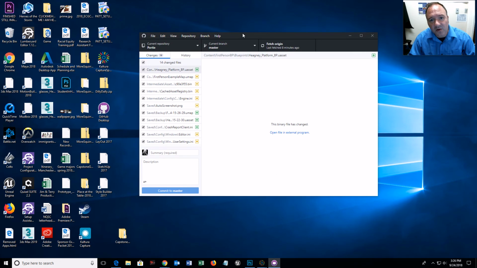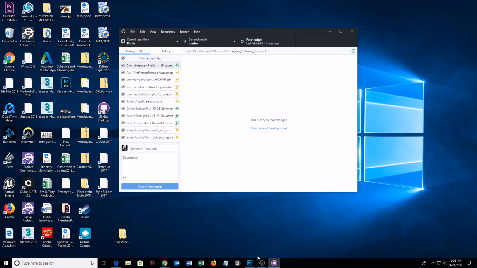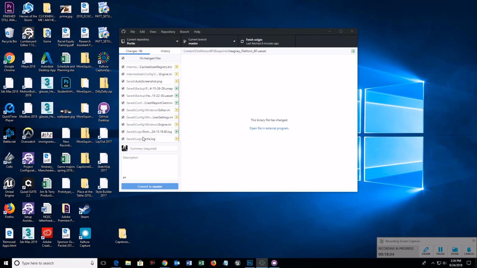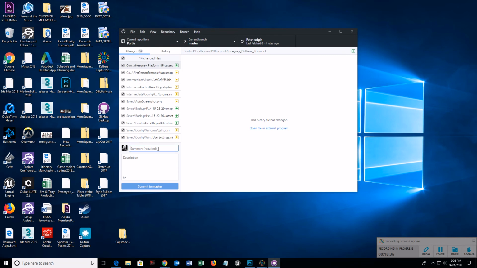And now look at your GitHub. Oh, shoot. Oh, well. Well, look at your GitHub file. It has a whole bunch of changes. What I'm going to do is say summary, Hegney changes. And I'm going to say Hegney added his own platform to this file. I'm going to commit that to the master,